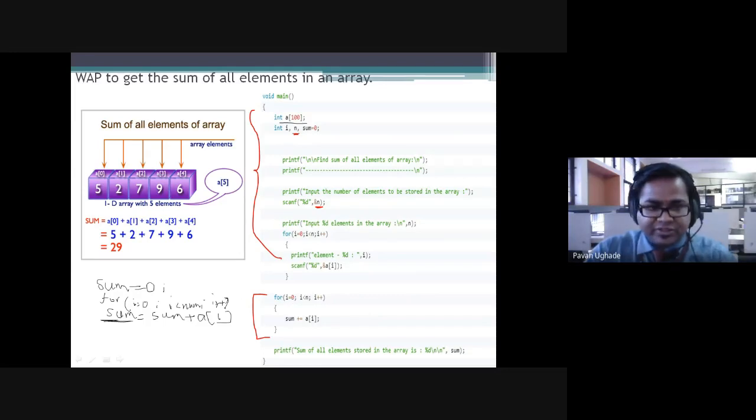I is again initialized with 0. Sum plus equals a of I, this is a shorthand operator.